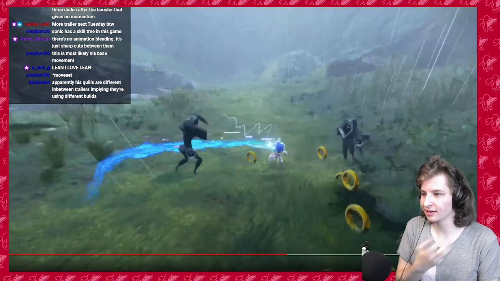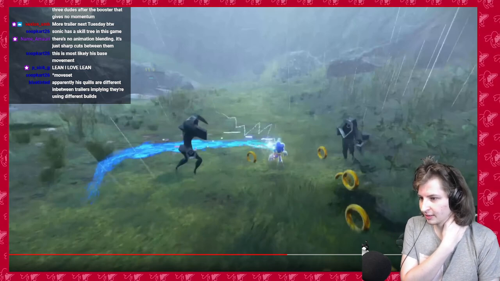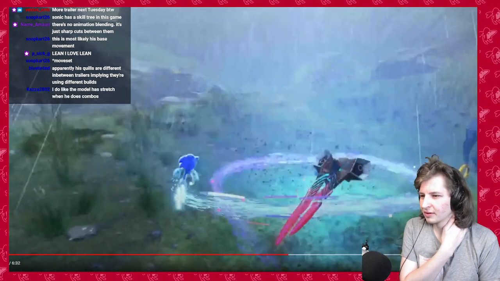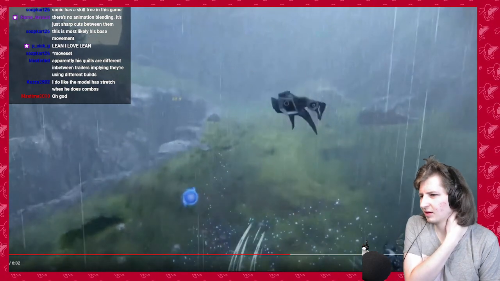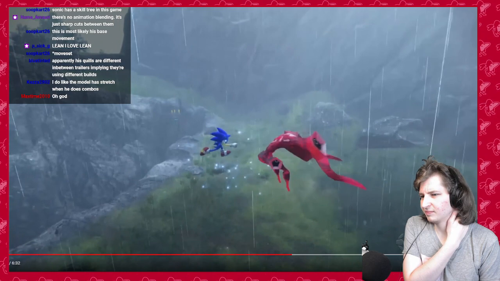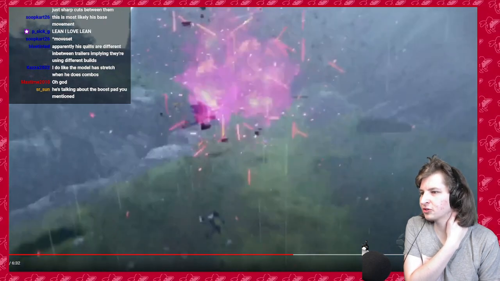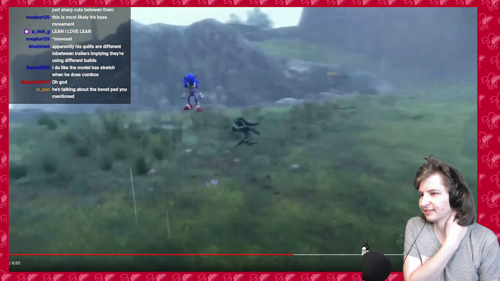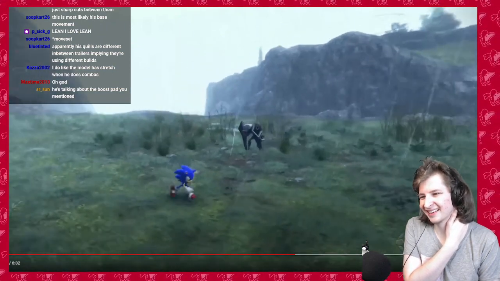He does have a thing. It just... I don't like the jump ball in this game. The Forces one looked like crap, and it looks like crap here, too. But at least he actually... Maybe it's only when he's standing still. I don't know. Yeah, just kill it. He punches again in midair, and then they don't know what to do with him, so he's just standing still and falls to the ground like that. Which is...